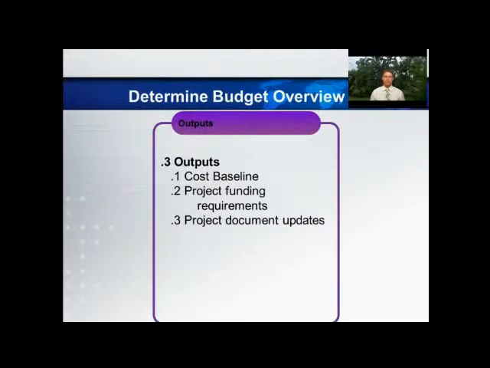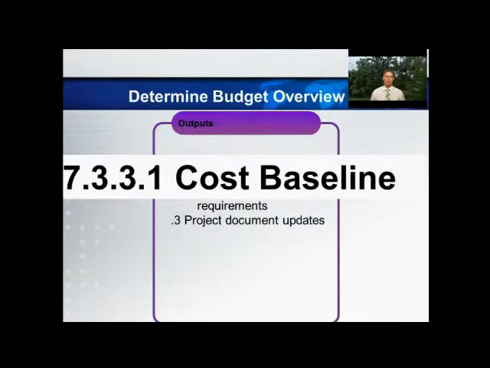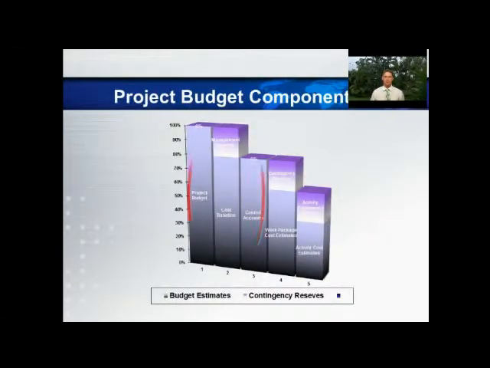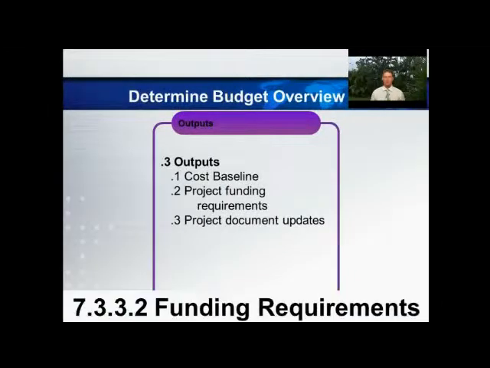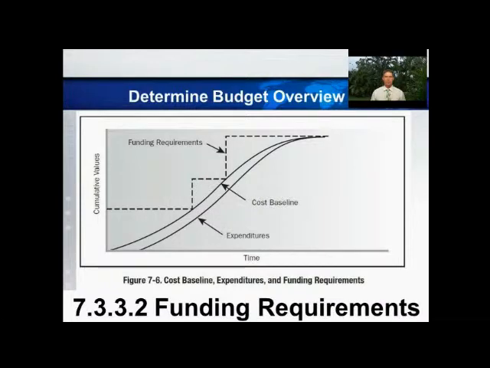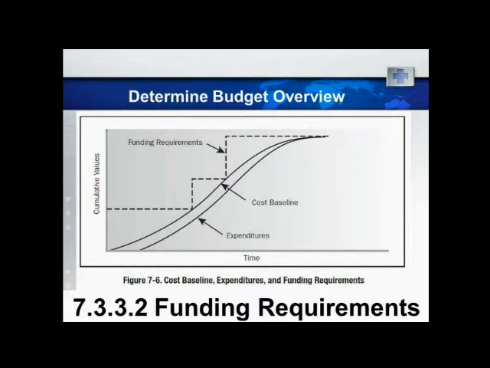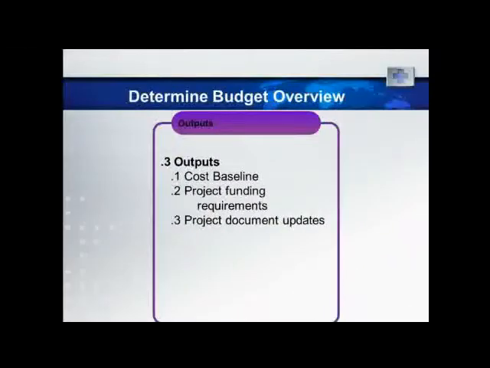Here we come to outputs, cost baseline, which is an improved version of the time phased project budget on which management reserves are added. Funding requirements may not be consistent throughout the project's phases. Management of that is pretty important. Then finally, the project